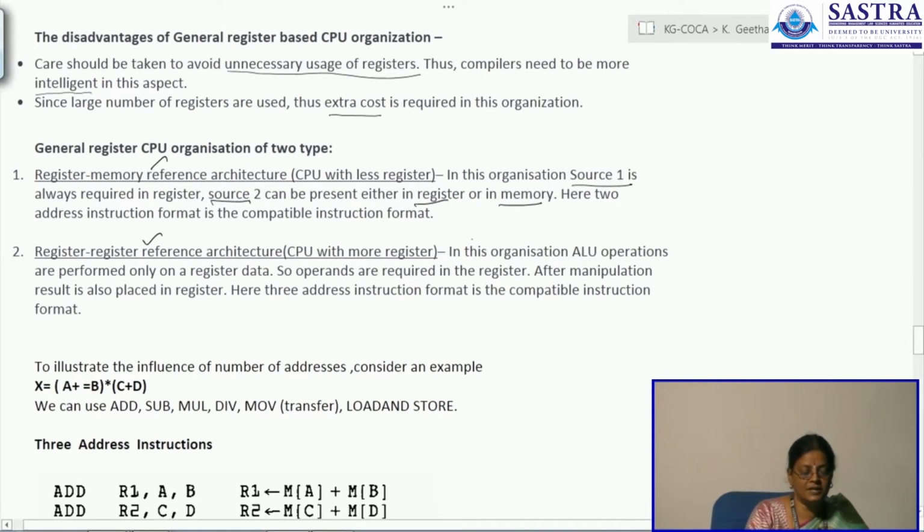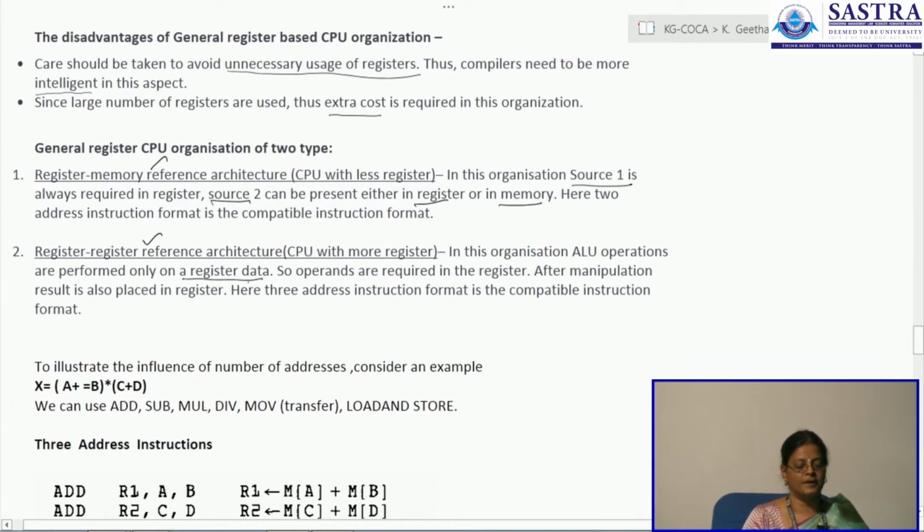So if this format is followed, this will come under the first category. Next category is both are registers. That means I am totally neglecting the memory reference. So ALU operations are performed only on the register data. When I prefer this type of operation, for this particular instruction, definitely the time taken to execute the instruction will